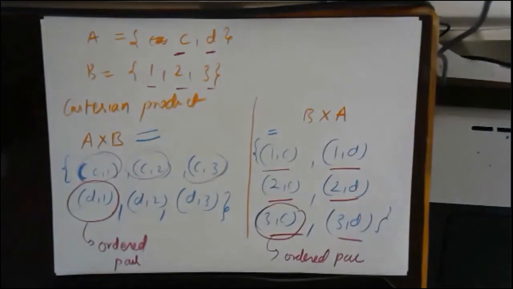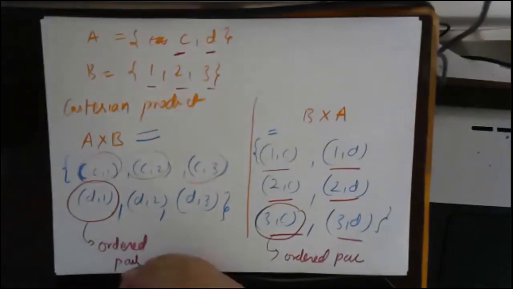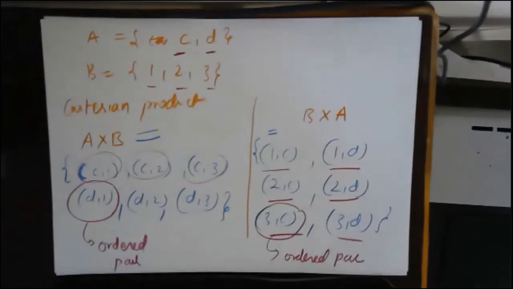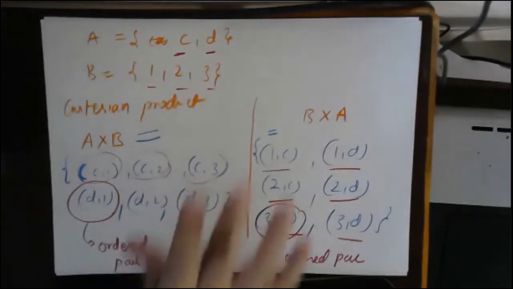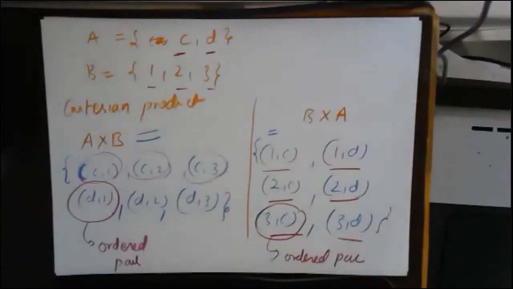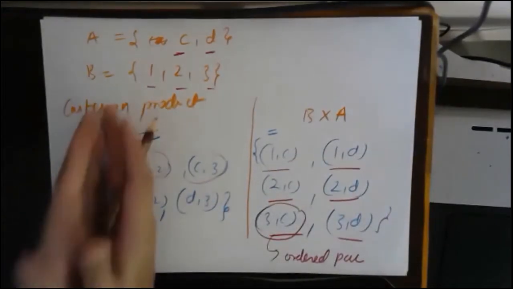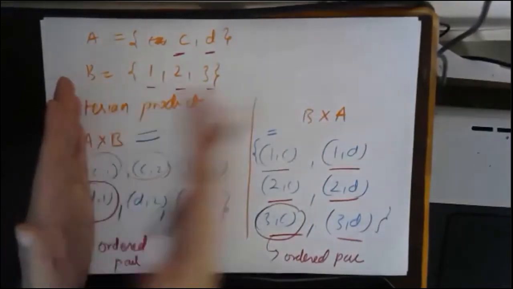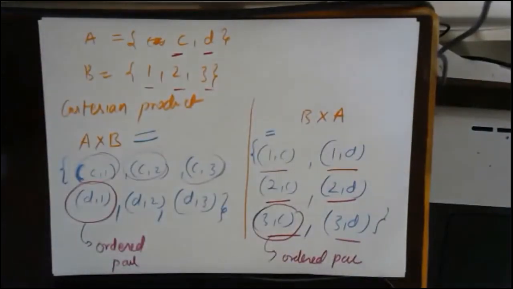Fine. Okay. See, now we have seen what Cartesian product actually means. We have seen what ordered pair actually means. So half of the relation thing is done. And what do I mean by that? That we have seen the basic definition of linking one set to another. So basically we have seen Cartesian products and ordered pairs. Fine. Okay. Now let's see.